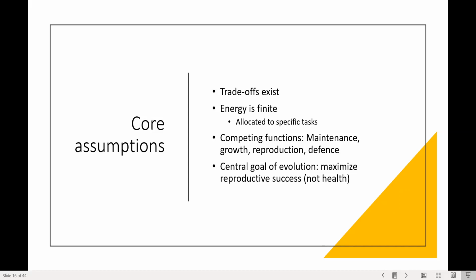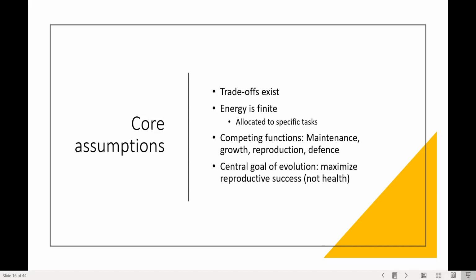From an evolutionary perspective, there are a couple of competing functions. We can use energy to just maintain our body, we can use energy to grow our body, we can use energy to reproduce, to pass on our genes, or we can use energy to defend our body in various different ways. And now the important issue is that because energy is limited, our body has to make decisions where to put the energy. Maintaining our body just alive, growing our body, putting emphasis into reproduction, or defending against internal or external threats.